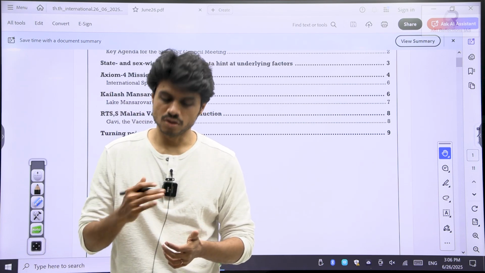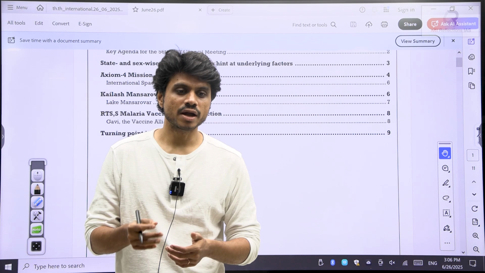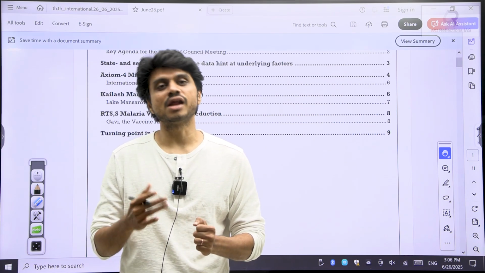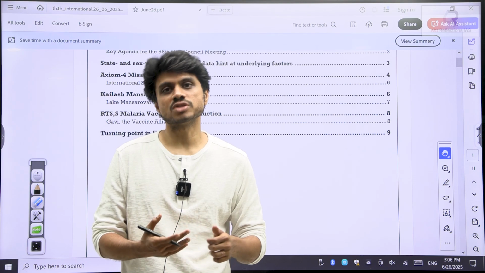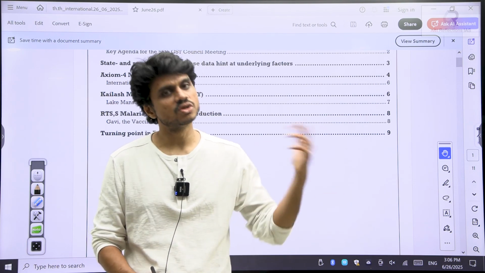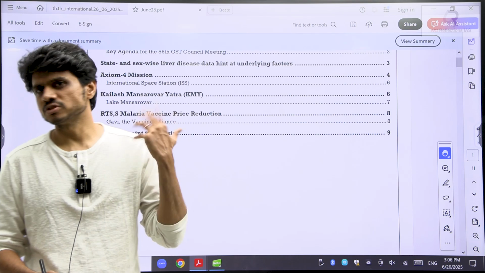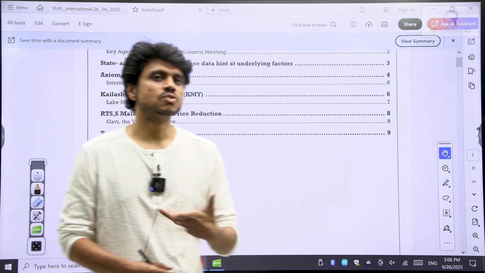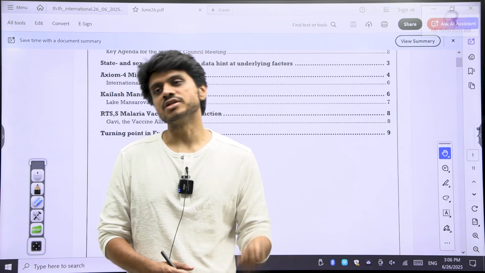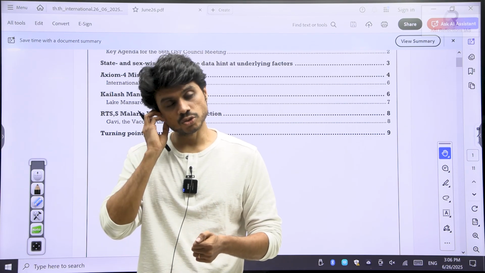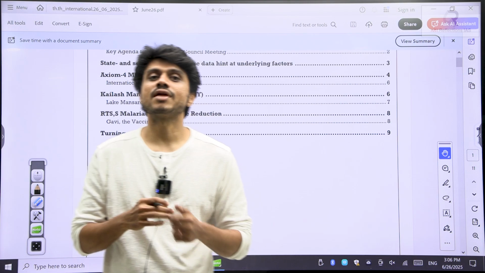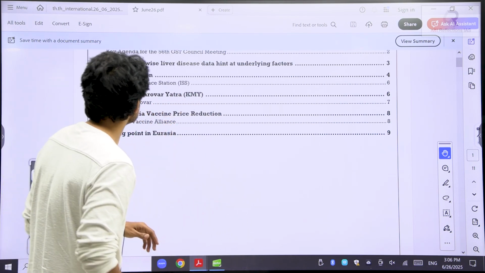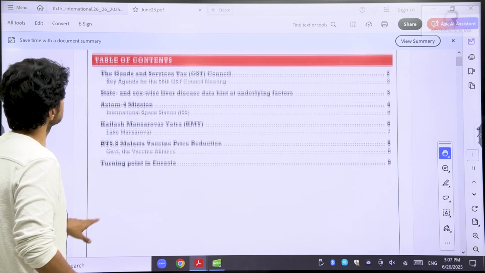Your answer looks more grounded and more practical when you write it in the mains answer. It makes it relevant. It does not look like a bookish answer, something you studied in books that worked maybe 5 or 6 years back, but currently various dynamics are changing. When you use recent current affairs aspects and recent terminology, then your answer looks really beautiful. So we'll see and revise these aspects. Okay, so first thing,